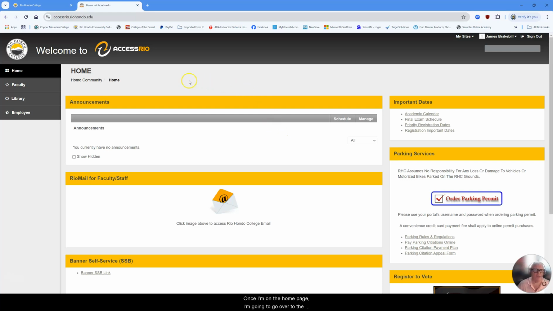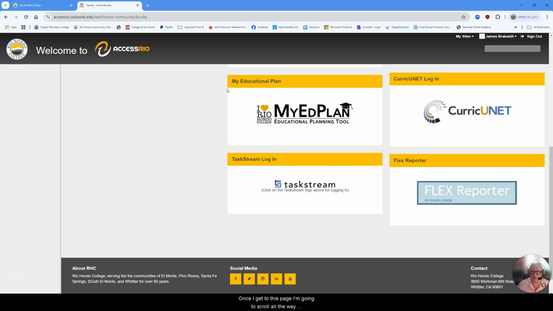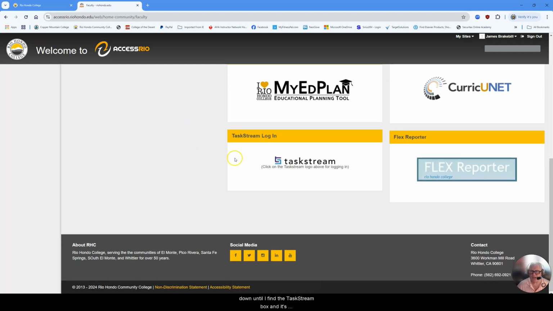Once I'm on the home page, I'm going to go over to the extreme left-hand side and find the faculty box. And I'm going to click on that, and it's a quick link to the faculty page in Access Rio. Once I get to this page, I'm going to scroll all the way down until I find the TaskStream box, and it's located at the bottom in the center.